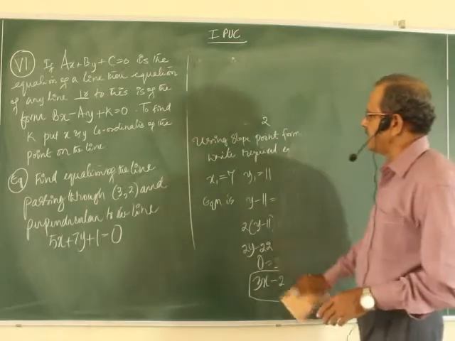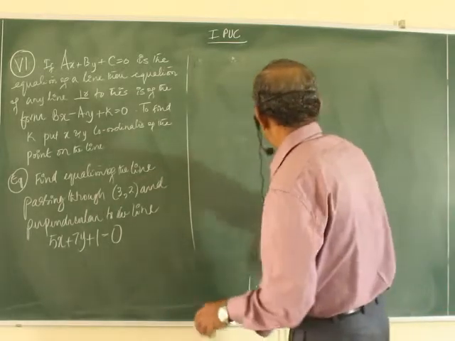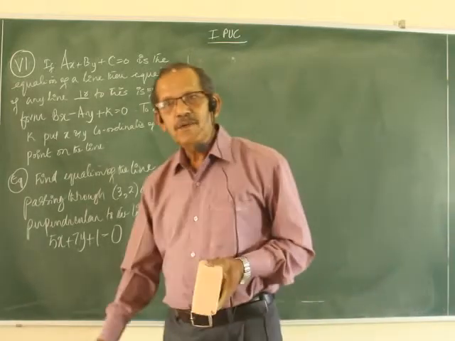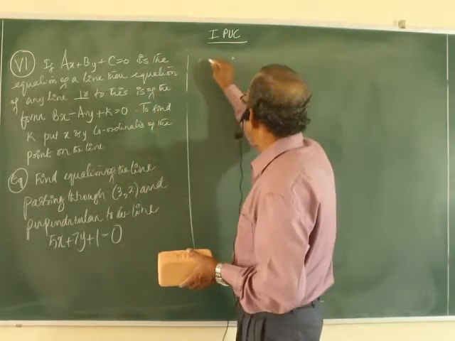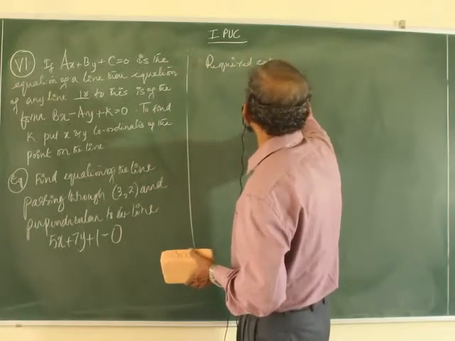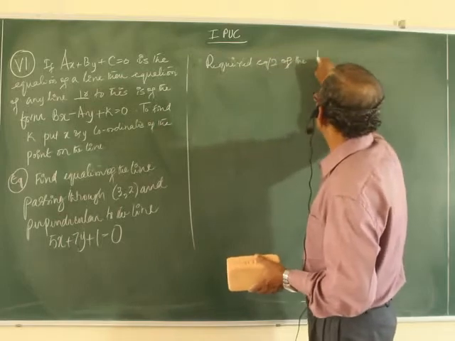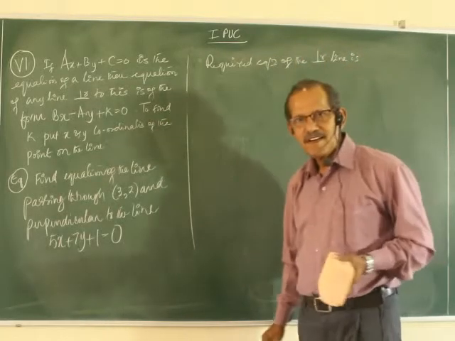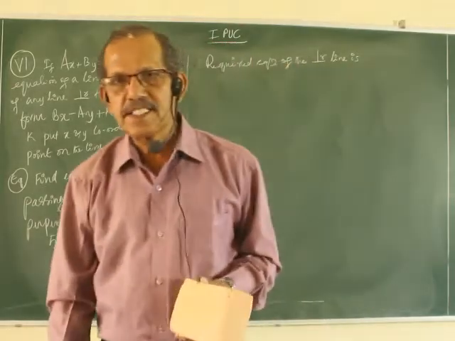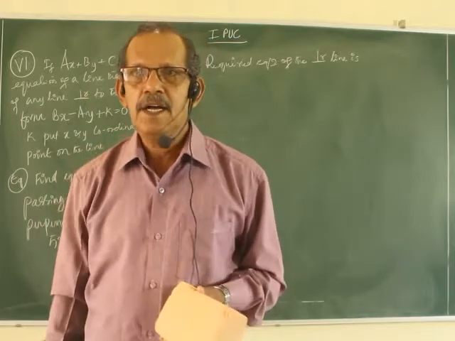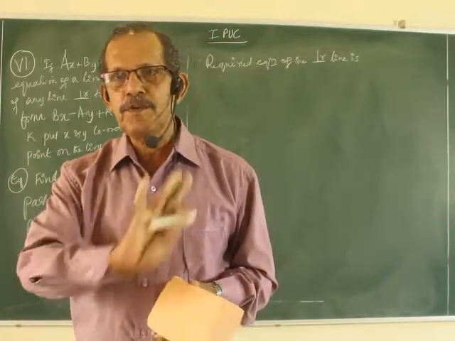Or the formula I have written as the sixth, no? That formula you have to use in order to write the equation of the line. Only 2 or 3 steps, see. Required equation of the perpendicular line is, see, not necessary to find the slope of the required line. You need not use a point slope formula.